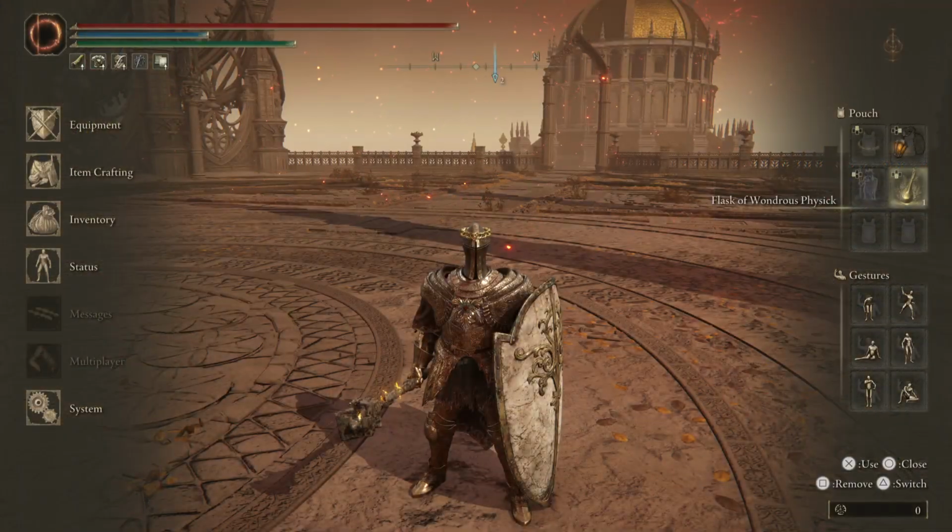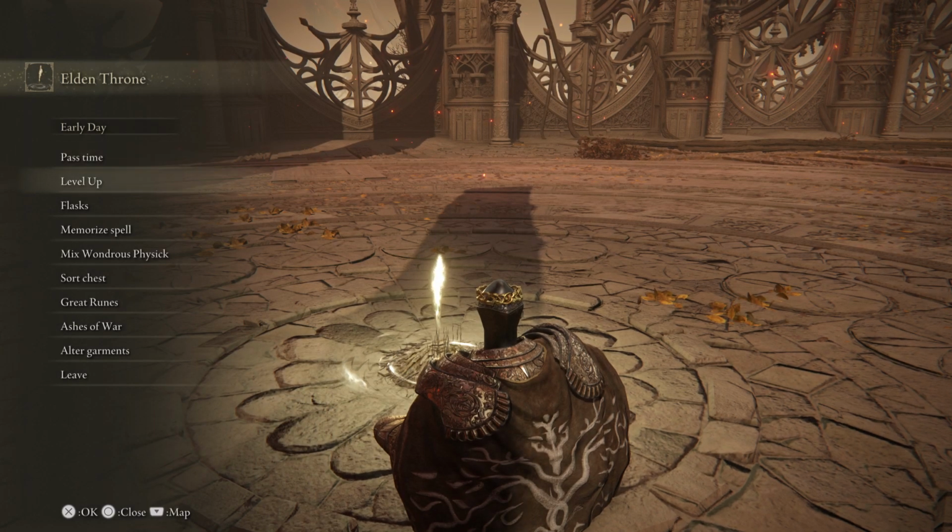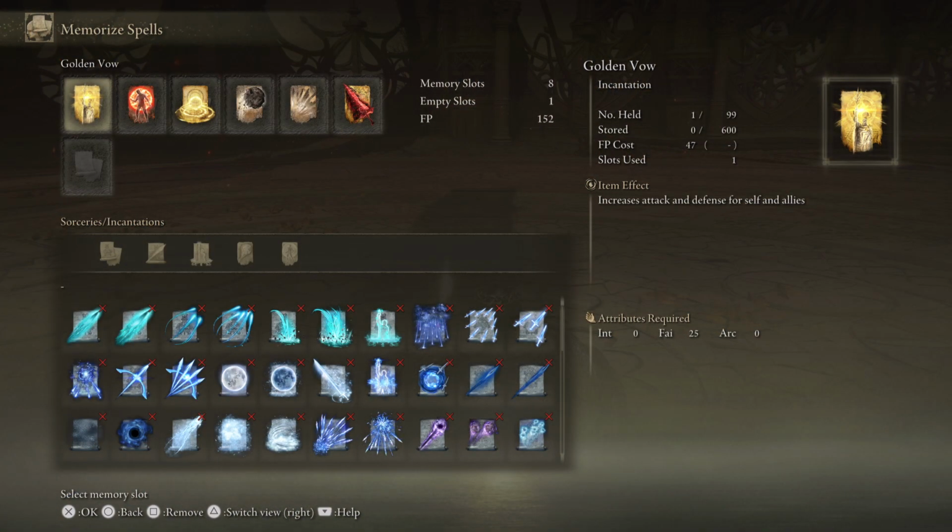Solid choice. And for incantations, I chose mostly some utility spells. Golden Vow, 10% damage and defense. It's pretty simple. Flame, Grant Me Strength, 20% damage, physical damage, and fire damage too. So with Blasphemous Blade, it will be a pretty good combo. Great Heal, it's between 600 to 900 heal. So in the field, like when I'm exploring the hill, when I have time to breathe, it's okay to not waste my